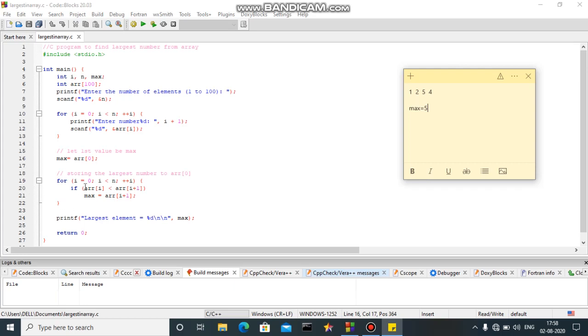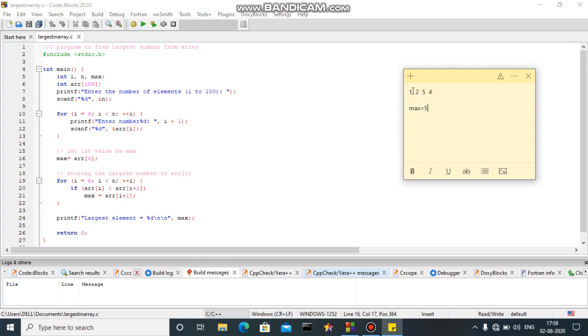Again coming to our loop, this time the value of i will be 2. Comparing array of 2 with array of 3, that would be 5 is less than 4, the condition is false, therefore this statement will not be executed.